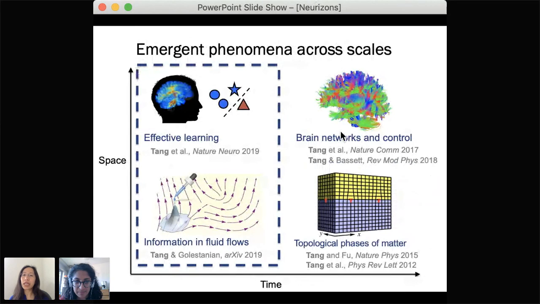Well, they're connected in the sense that here I'm really looking at adaptive processes, on this side of the time axis, in which learning is an adaptive process. I see something, I want to understand it, I move towards it, and then once I understand it, usually the conditions change, or I want to learn something else. So I'm constantly moving and adapting. And when I'm looking at information and fluid flows, flows are moving, they're changing. So the particle, as you can see from this little cartoon of the Gaussian, is going to spread out. So this is also something that's changing with time, that's transient, and that's really going to change and adapt depending on how the fluid changes, on what the signaling needs are.